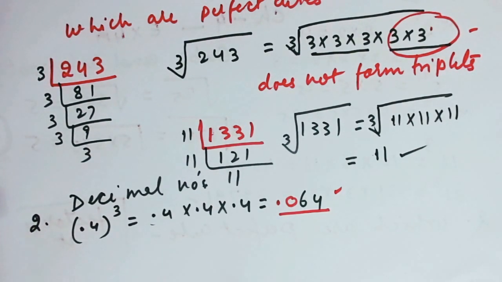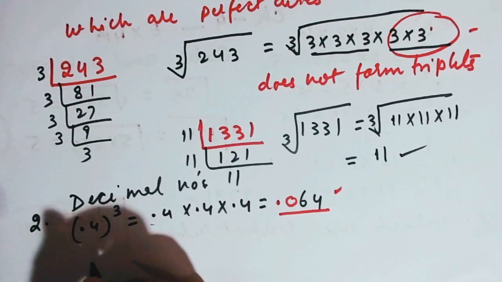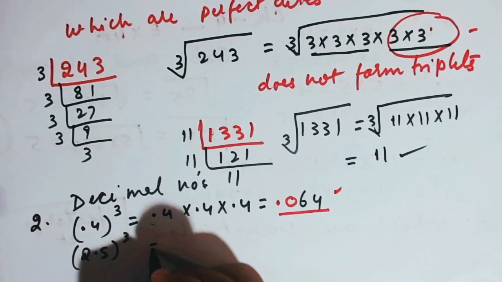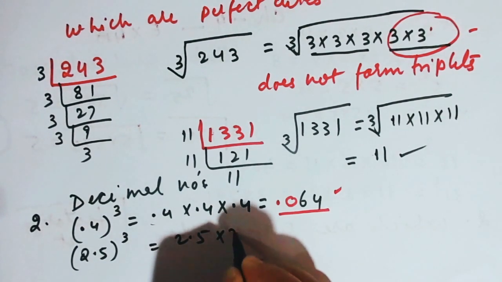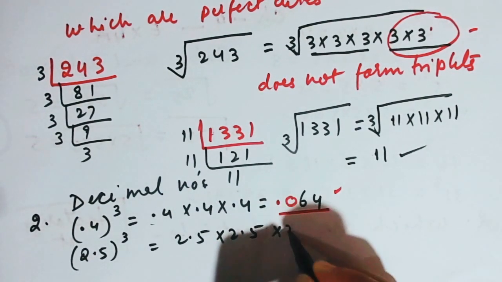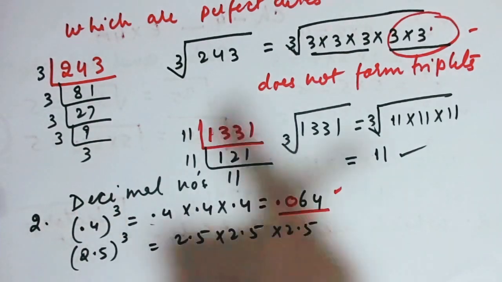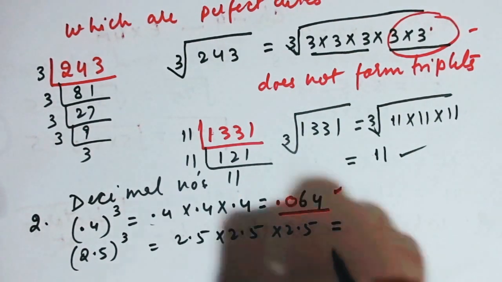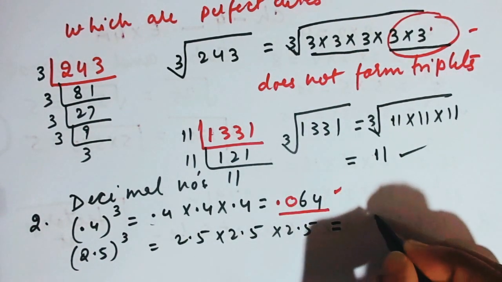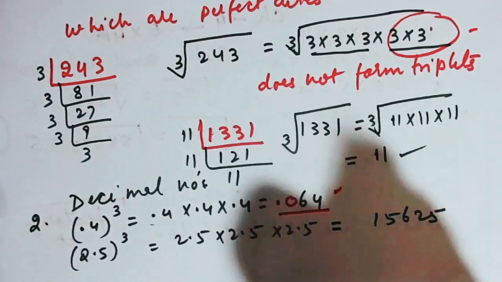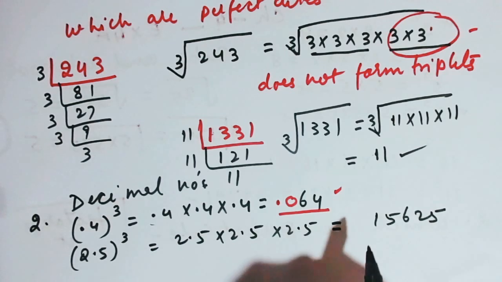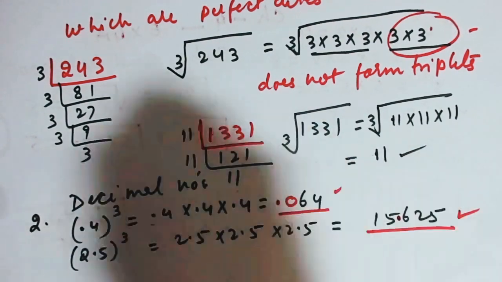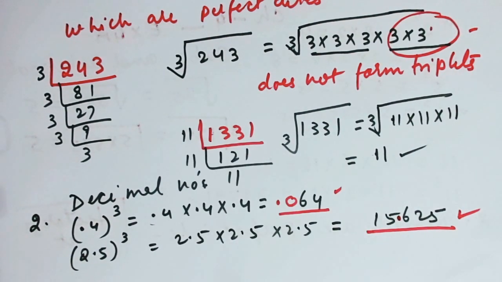Now for example you get one more number, like let me take 2.5 whole cube. You can multiply 2.5 times 2.5 times 2.5. When you multiply, you multiply without the decimal. After you multiply without the decimal and get your answer as 15625, at the end you put the decimal. Let us see, 1 place, 2 places, 3 places. So here will be your decimal. These are small things which you should bear in mind.